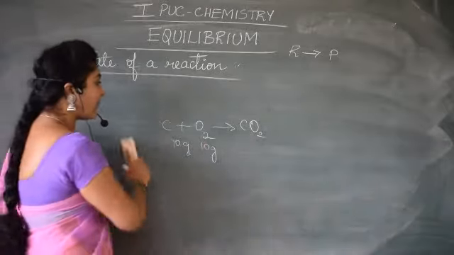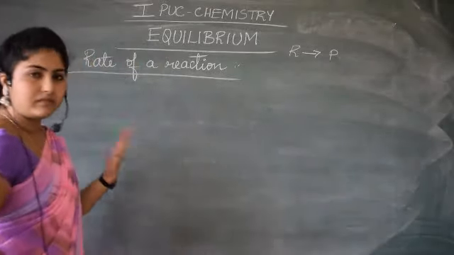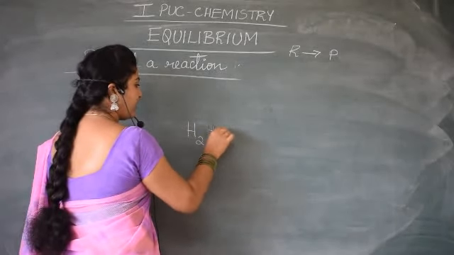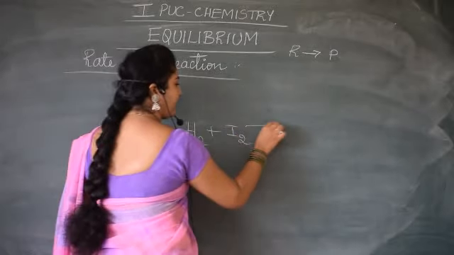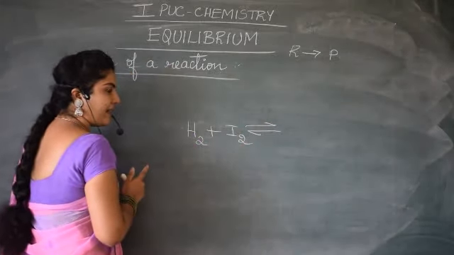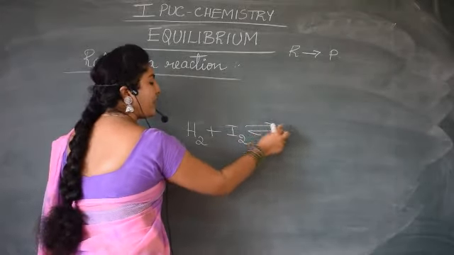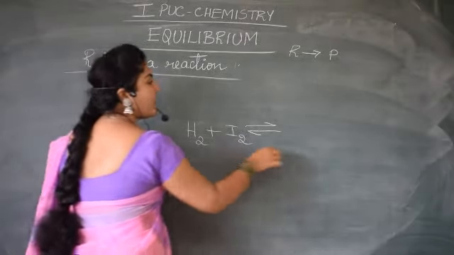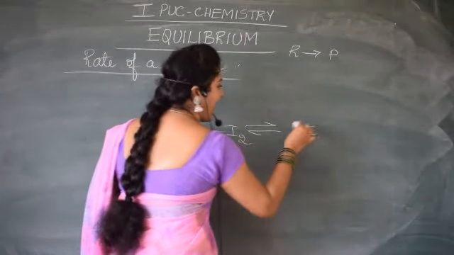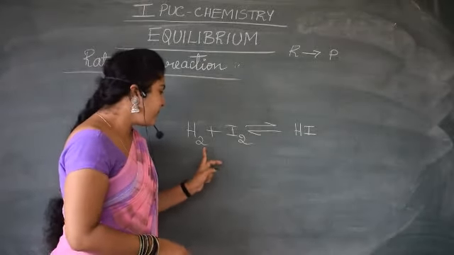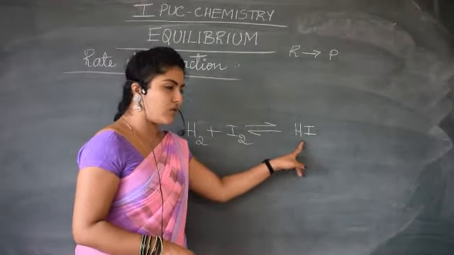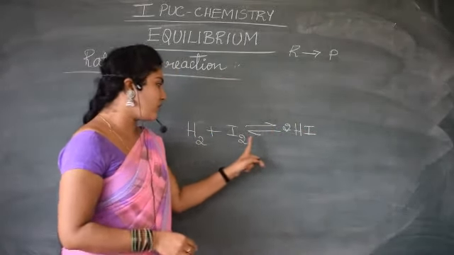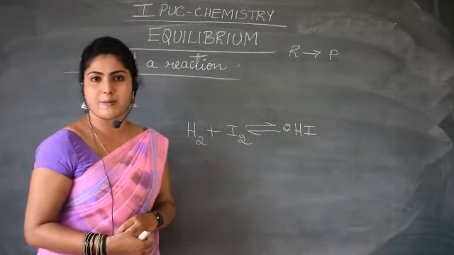Let me give you an example which is applicable for this concept of equilibrium, that is hydrogen and iodine reacting. I have shown it with a double-headed arrow mark. This arrow mark means that reactants can form products and products can also form reactants. This forms the product hydrogen iodide. Here it is only 1 hydrogen iodide, so I'll have to balance by writing 2 here. Now 2 hydrogen, 2 hydrogen, 2 iodine, balanced.